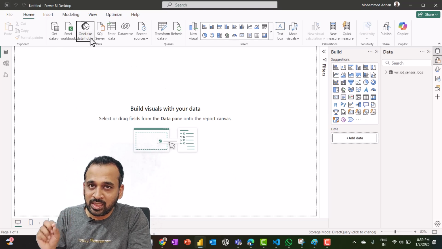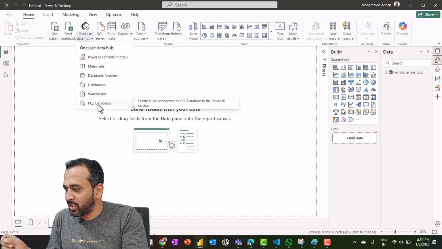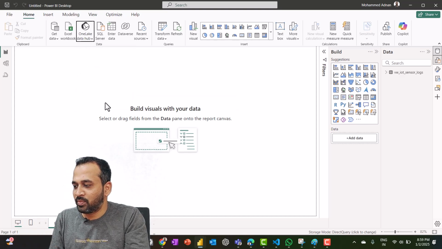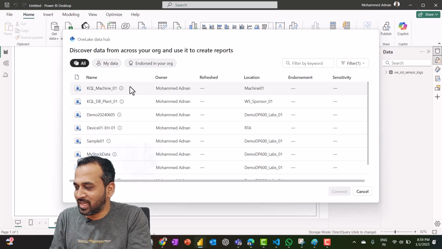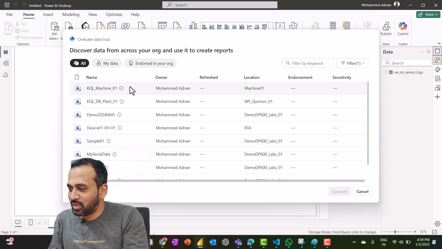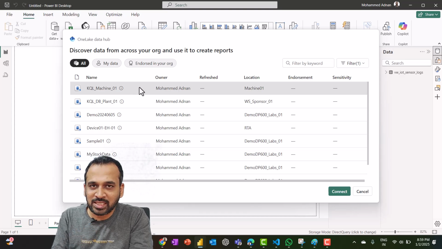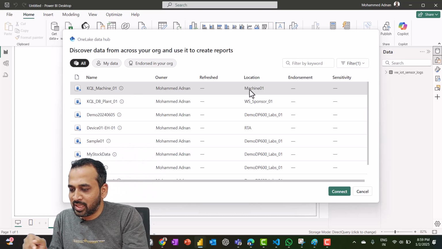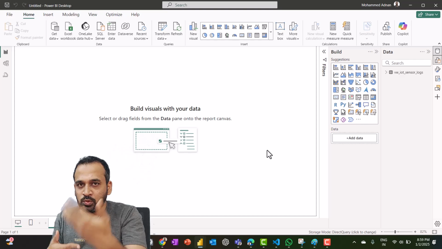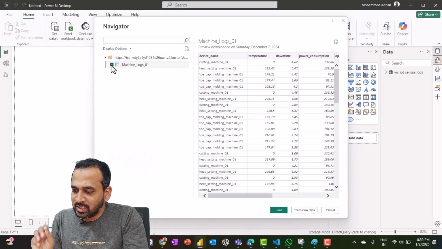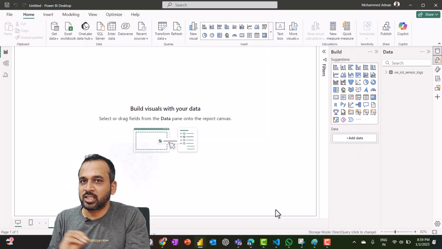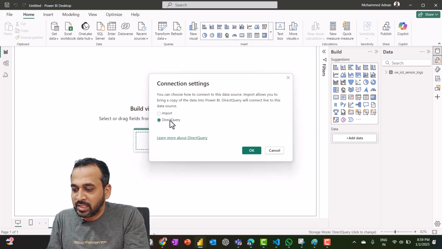So selecting again One Lake Data Hub, and this time I would like to select KQL databases here. There is no surprise on this KQL database, how we see it on the One Lake. Here you need to select KQL machine 01, that's the same location, which is the workspace name, and then click on connect here. So the tables whatever you have will show up here. I think we have only one table, yeah, which is machine log 01, and this again I'm going to load